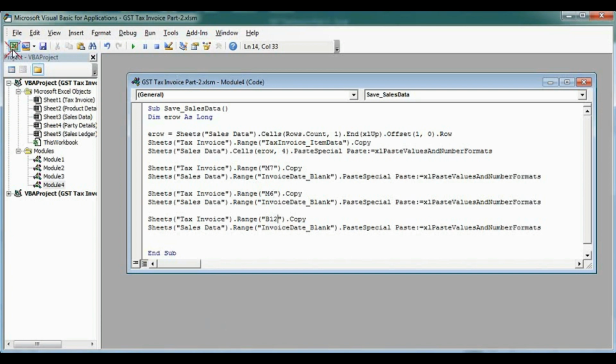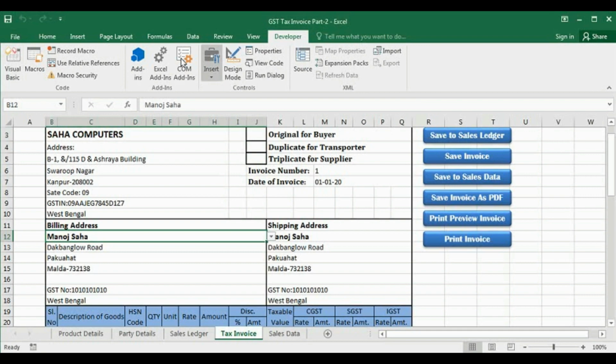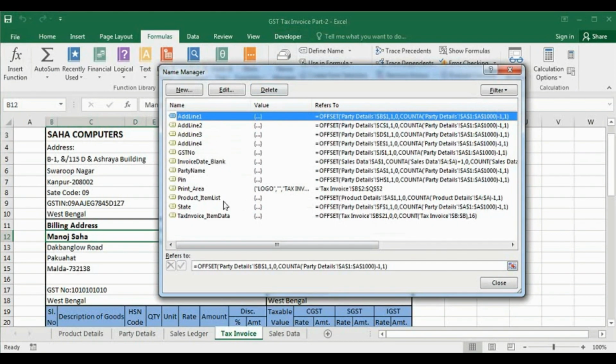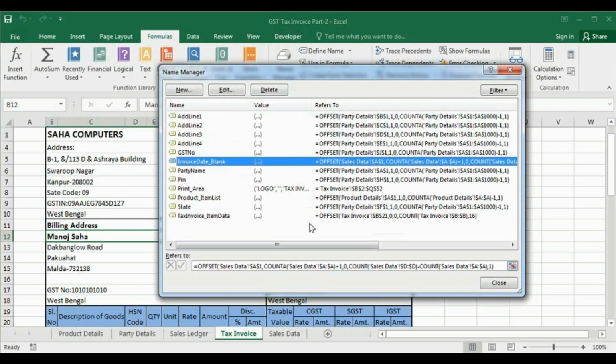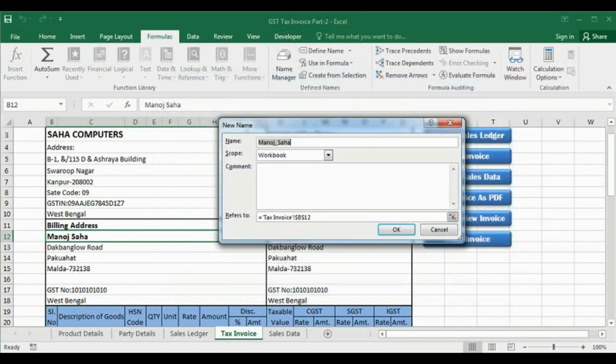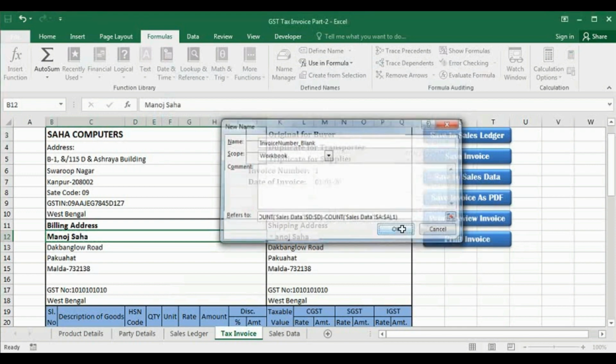So let's go here again, go to Formulas, Name Manager, we'll select this one, then copy this, and click New. We'll name it invoice number blank and paste the formula here and press OK.